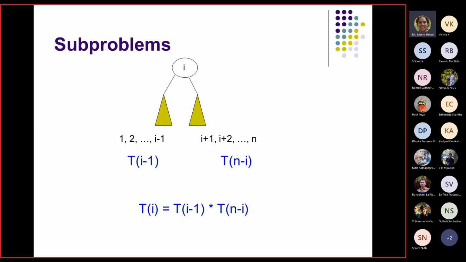Ma'am, I think her question is like, suppose let us take the value of n to be 5 and I to be 5. When I is 5, I minus 1 becomes 4. So it's like we are directly attaching 5, the left child of 5 to be 4. But it can also be 3, and 3's right child can be 4. So the combinations will be there.